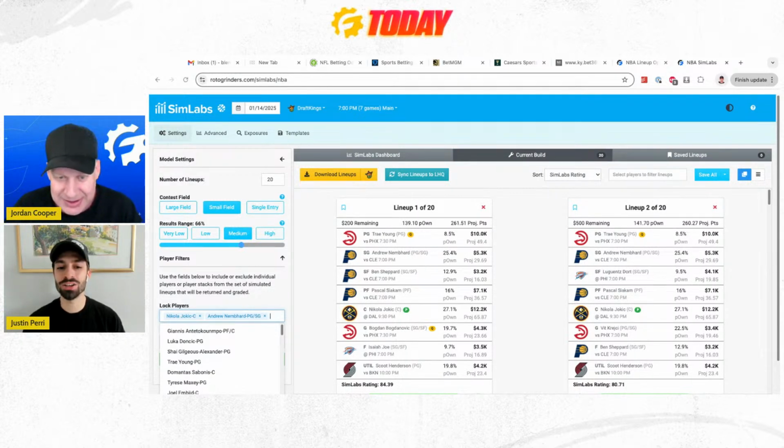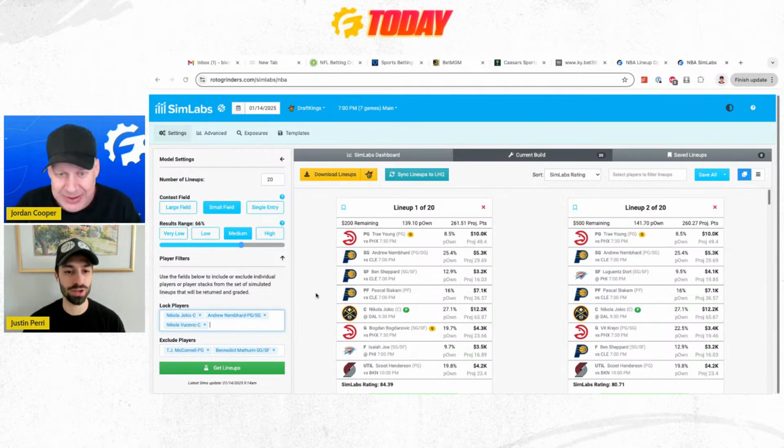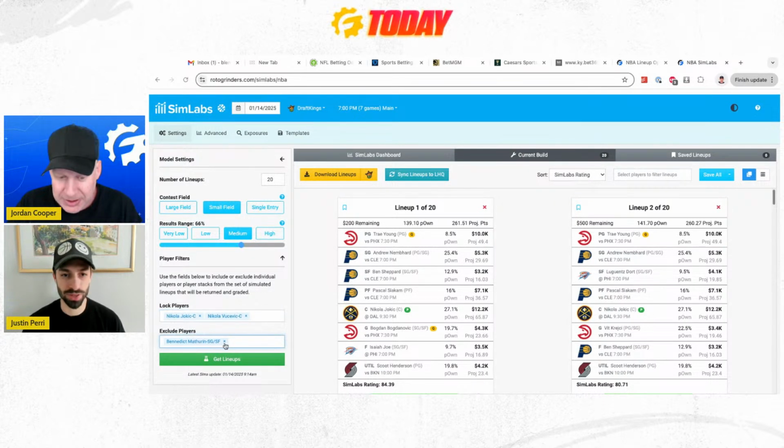Let's go with Nikola Vucevic against the New Orleans Pelicans, projected just below that 5% ownership today. He has good value for shot quality, 2 points higher than expected. That's the best that I saw for anyone that low, so let's maybe try to build one with him. I like Vucevic a lot. I think he can have those types of games where he just takes over.